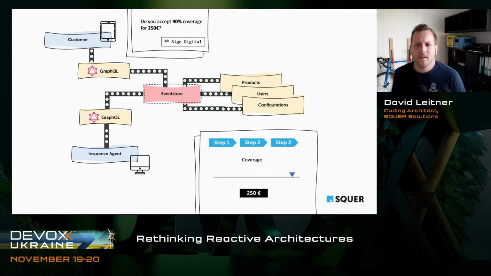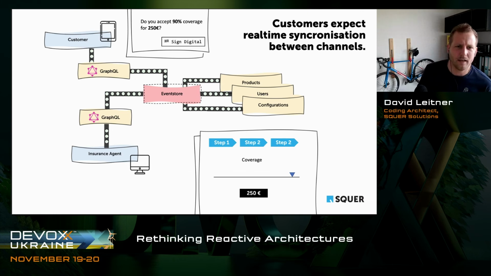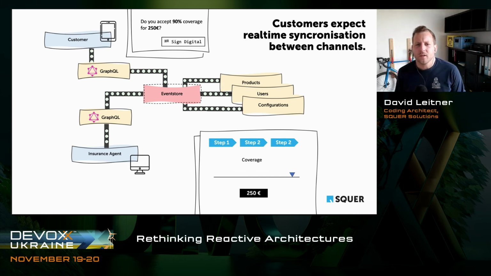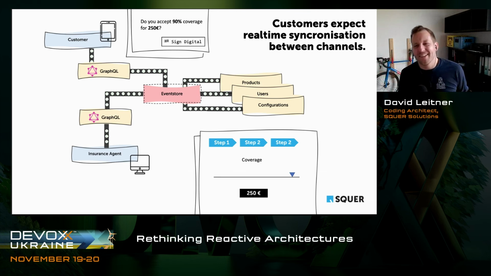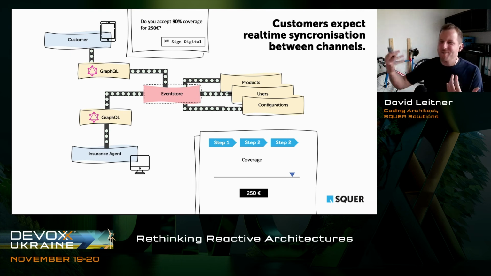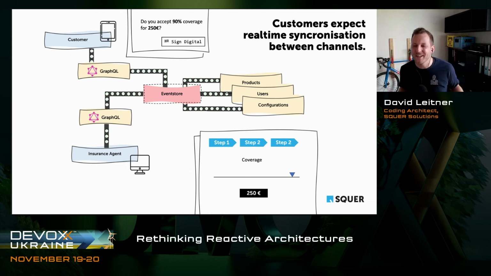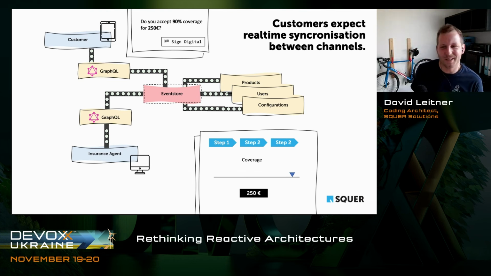Especially in this COVID pandemic, and especially in the banking and insurance industry, I had the feeling that customers quite often expect real-time synchronization between channels these days. So real-time integration is a super cool thing with reactive architectures, because basically you don't need to do anything, right? I mean, of course you still need to program it in a way, but the architecture gives you this property for free, more or less, because you always get pushed events, whatever is interesting for you. So that's of course a big advantage if you strive for real-time integration. Reactive architecture, I think, is usually the way to go.